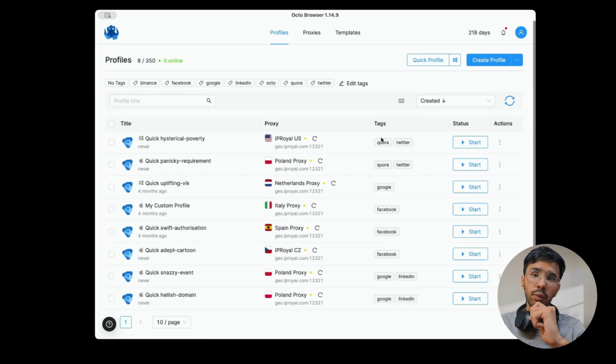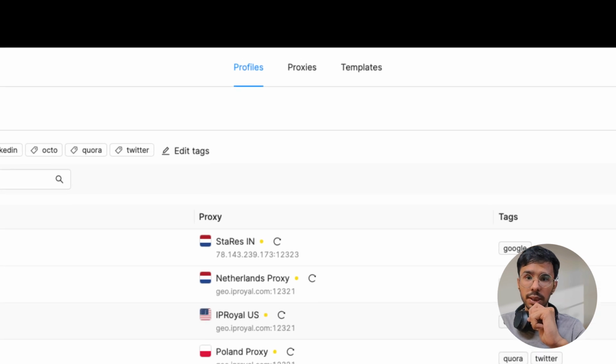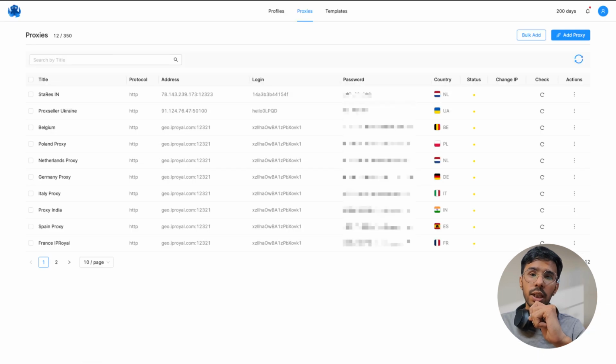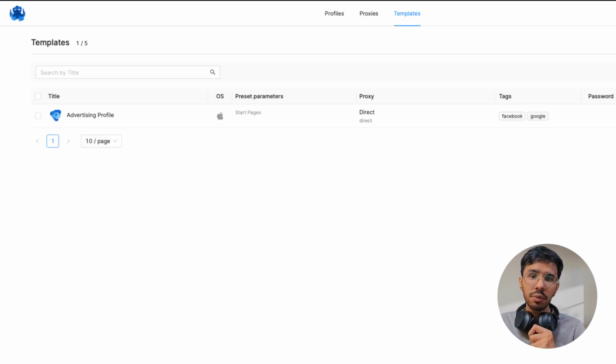If you've been working with anti-detect browsers or proxies before, there are three major tabs: browser profiles, proxies, and templates. Browser profiles here act as a separate browser being used on a separate machine and don't leave any clue of relation with other profiles. So in the proxies tab, you can configure multiple proxies and then use them with any profile you want. Templates are basically configuration presets for creating new profiles quickly with your preferred settings.